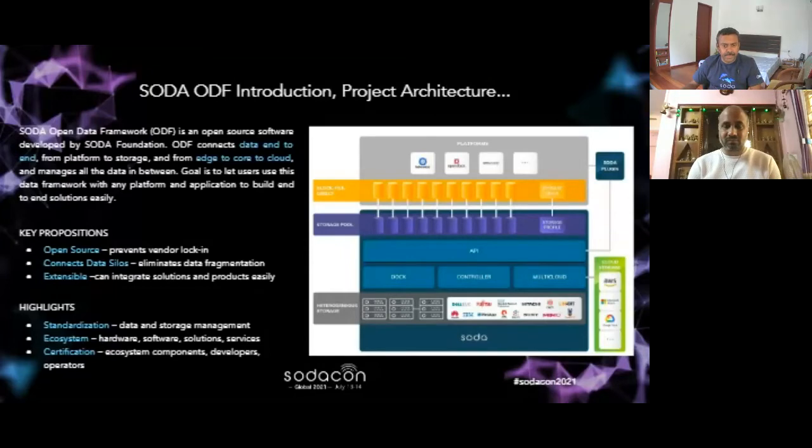On the right hand side, you can see different projects. You can see something called the SODA plugin. Why this SODA plugin? We use this SODA plugin to connect different platforms to our platform. Then you have the API, the dock where you have all the drivers, and the controller, which is kind of bookkeeping, and then the multi-cloud piece where you can connect to different cloud vendors.